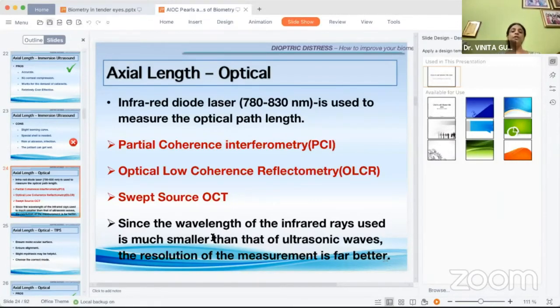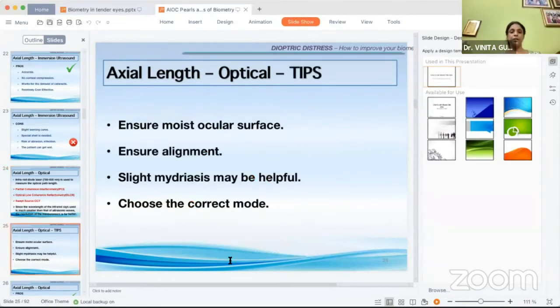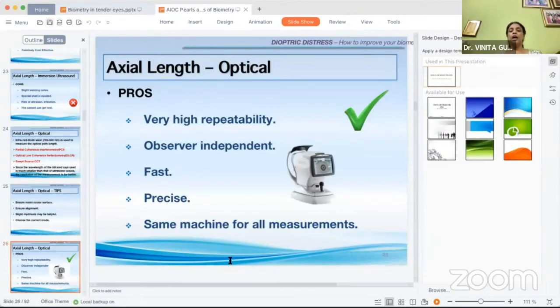But all of them, what is important is that the wavelength of the rays which are used is smaller than the ultrasound waves. Hence, the resolution is far better. Tips in these cases: again, ensure that while taking measurements there is a moist ocular surface, ensure alignment, choose the correct mode, and slight mydriasis may be helpful in these cases, especially when you are dealing with a posterior subcapsular cataract. The added advantages are very high repeatability, observer independent, fast, precise measurements, and